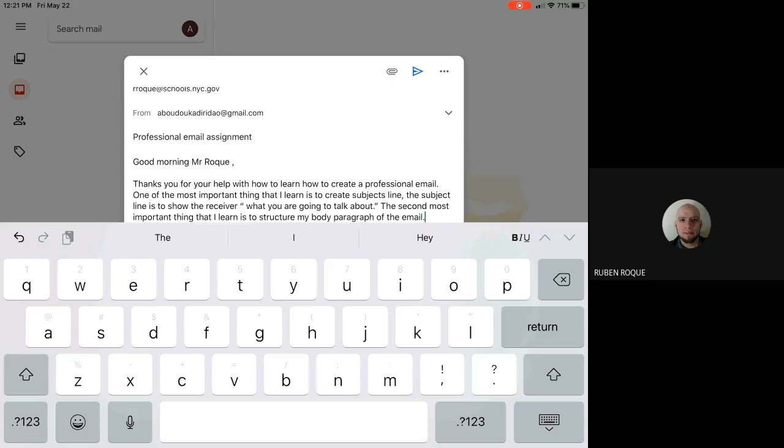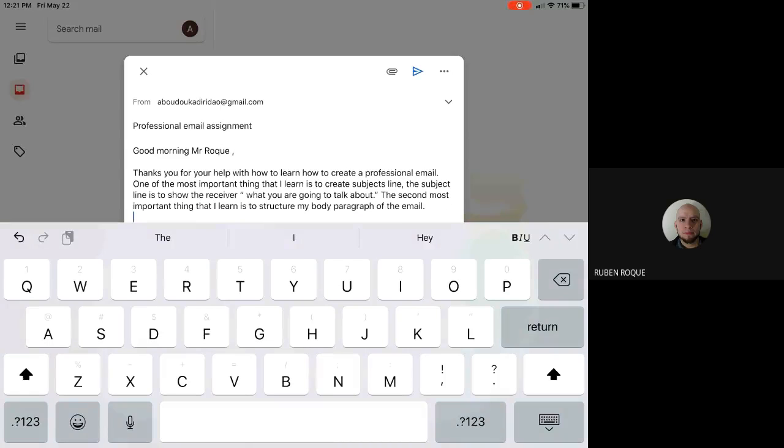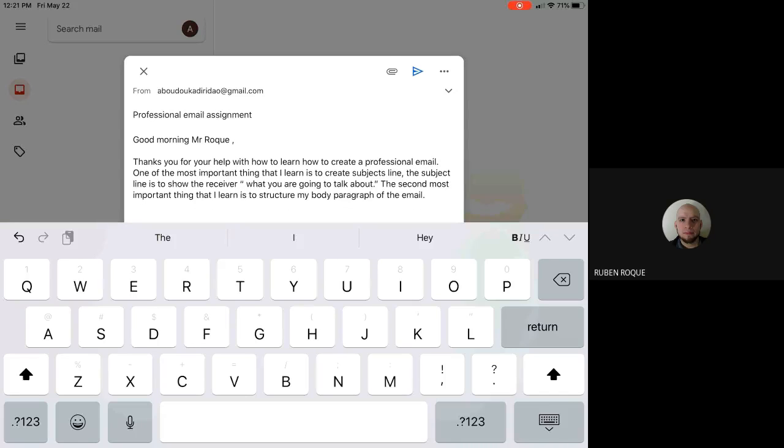All right, so you have your subject line, your salutation, which is your greeting, and then you have a little body paragraph. Then you could press return and go to the next line. For this assignment, I would keep it short. Then you press return again and you want to close the email.